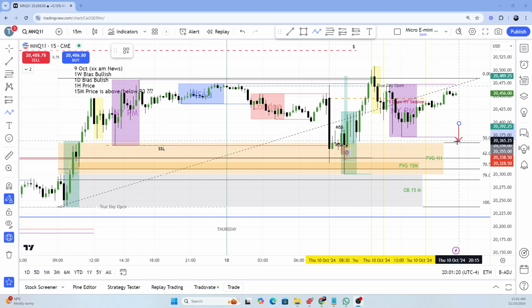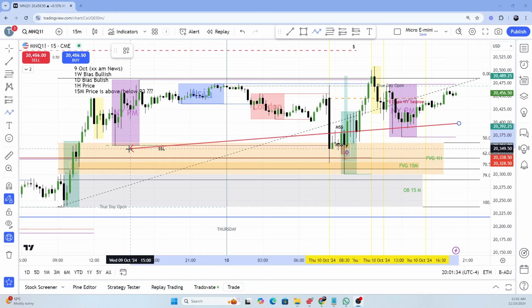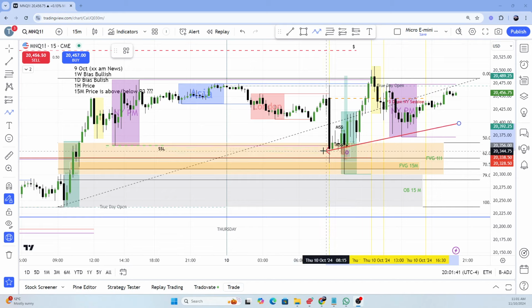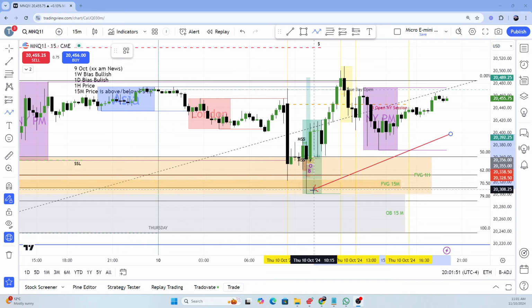The next important thing we see in the 15-minute chart is the grabbing of liquidity. In this price move down, at this point, it grabbed the liquidity of the previous day's New York PM session. So there is sell side liquidity residing below these sessions. That gives a chance for smart money to accumulate positions. Not only that, over here, if I just zoom out a bit, you can see